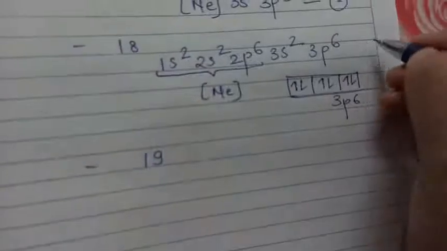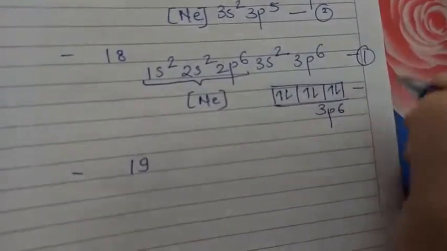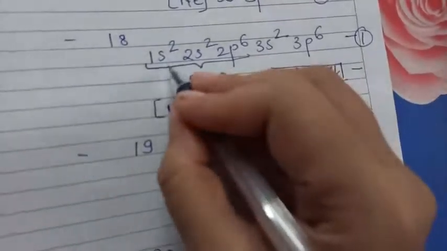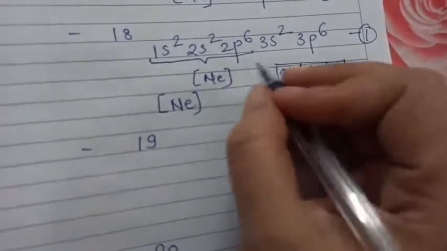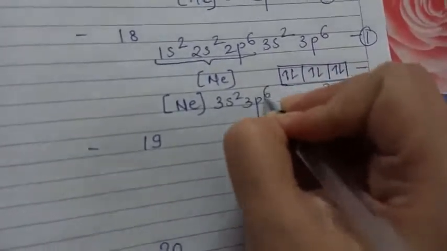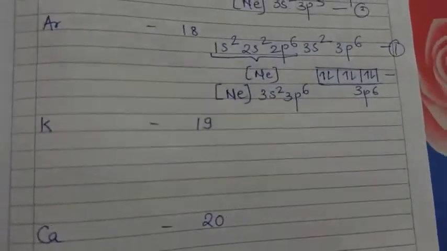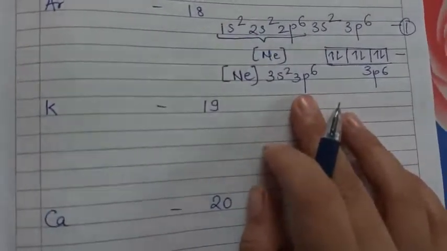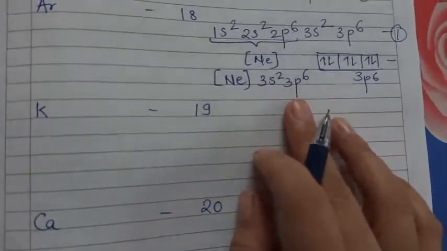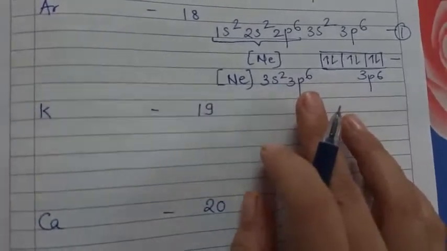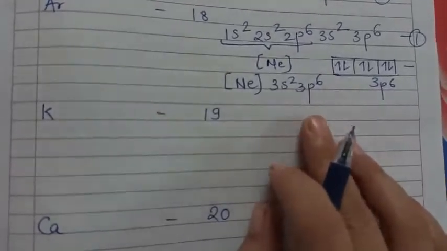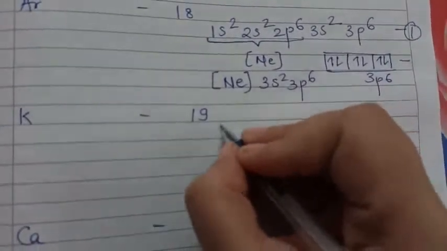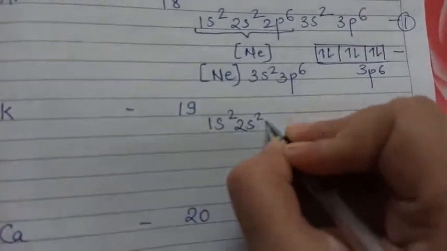So the second configuration, this was the first way of writing, this was the way of drawing. And how to write in the second way of configuration: in place of 1s2, 2s2, 2p6 we have written neon. Then what will come? 3s2, 3p6, right? Now we very well know here comes a change. After 3p in the Aufbau diagram what comes is 3d, but 3d is not filled. Rather than filling the electrons in 3d we will fill the electrons in 4s, because 4s has lower energy than 3d. So we'll write the configuration will be 1s2, 2s2, 2p6.